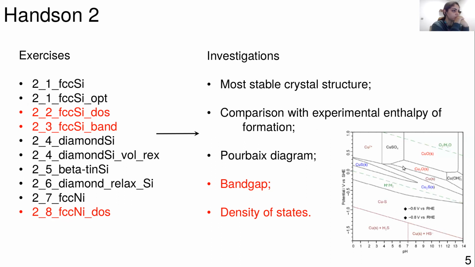So this, for instance, is the Pourbaix diagram of copper, sulfur, and oxygen. And the way that you calculate that is basically you calculate the energy of all these systems. So here is copper sulfide, this is crystalline copper, this is copper oxide. You have to calculate all of them, and then you apply a correction that allows you to estimate that, okay?